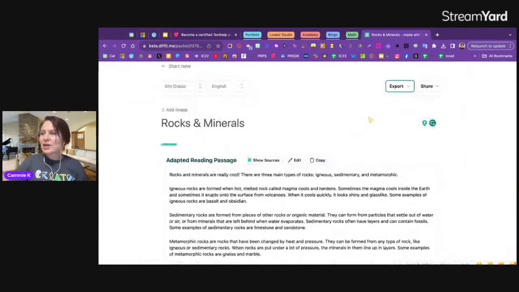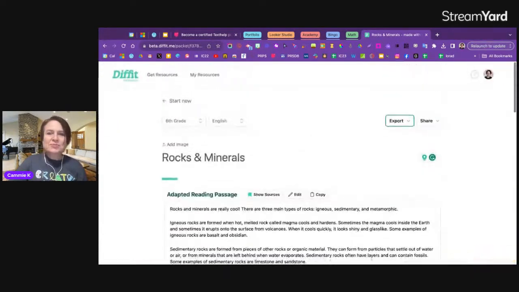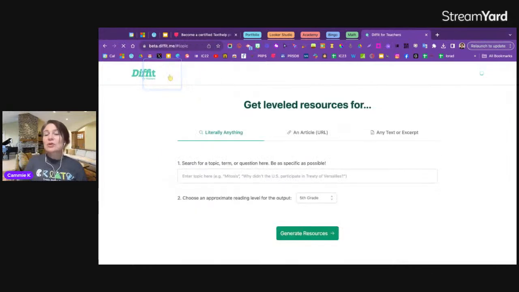And we're back to our main passage. Okay, we are going to go back to Get Resources. We've done a deep dive on all the things, but there are three different ways that we can add information to Diffit. One is literally anything. So I just typed. If I have an article or a URL, so